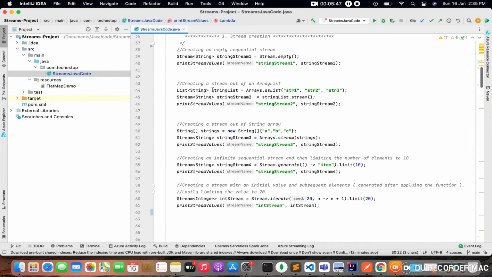Then we have another example where we declare an array list. We create an array list with three strings: string 1, string 2, and string 3, and we create a stream out of that array list. That is being created using the stream method. That stream gets created, and then we try to print the values within that stream with the same function. I'll walk you through all the examples first, and then we'll execute this code